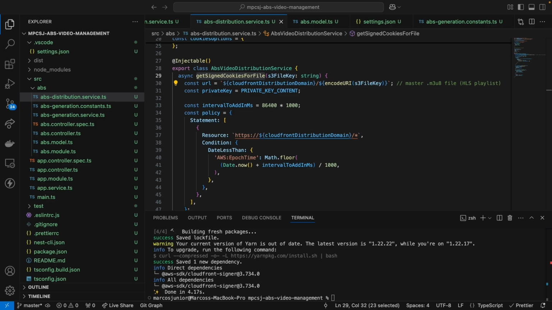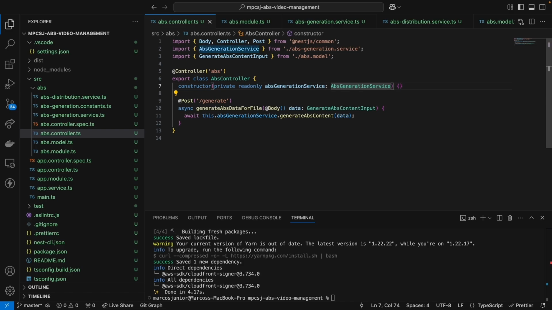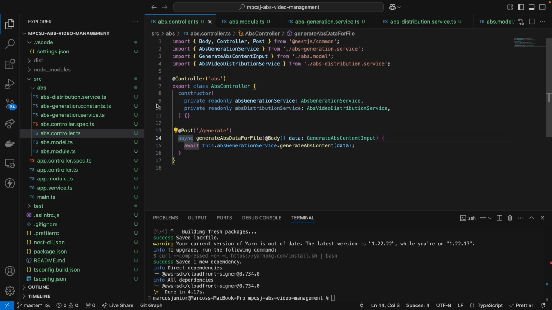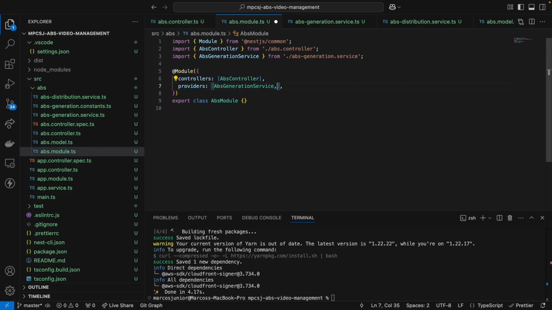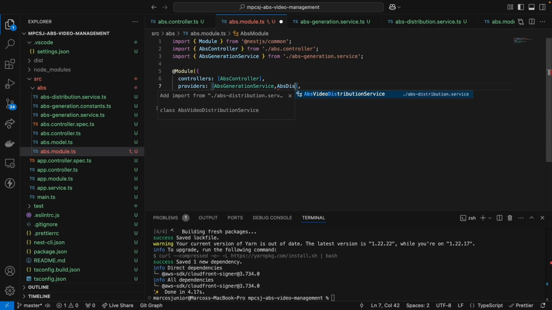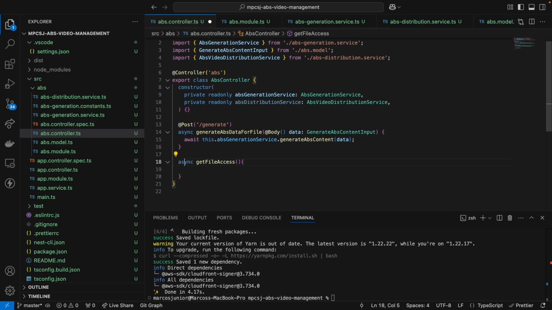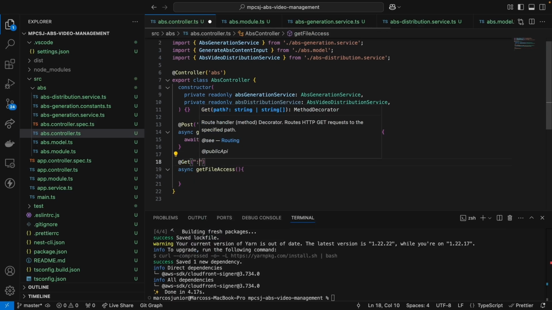So when we go back to our controller layer, let's define our new service, private readonly AWS distribution service, AWS distribution service. Perfect. On module, AWS distribution service. Perfect. Now let's define a method here. Async get file access or something. So this is gonna be a GET, so colon S3 key /access,